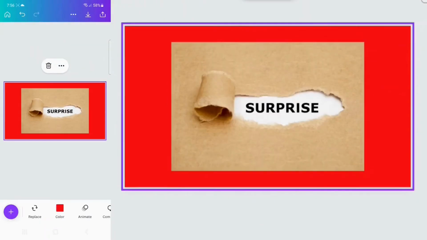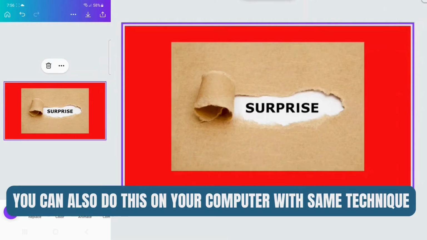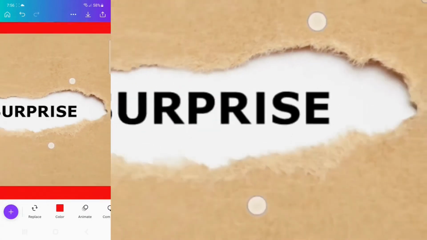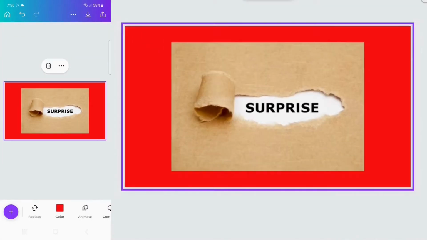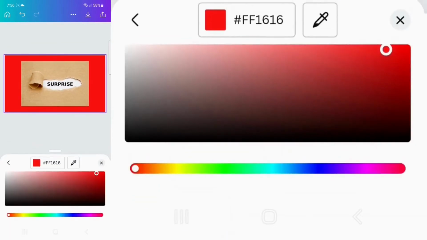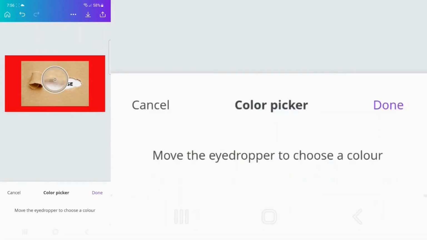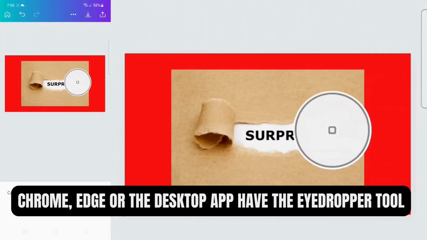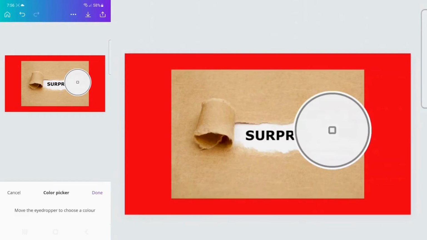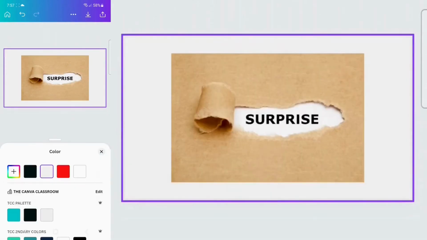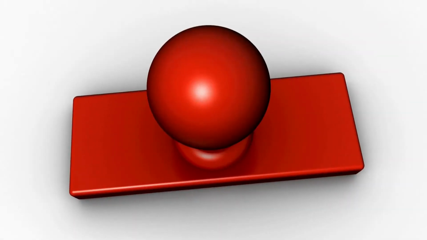What we're going to do is change the color of the background to the color that is underneath the word surprise. So we're going to click the background, click the color, click the plus sign, and grab the eyedropper. If you are on a computer, you will need to use the Chrome browser or the desktop app for it. So I selected the color of the paper, and now it's not exactly white, so you can't just choose white